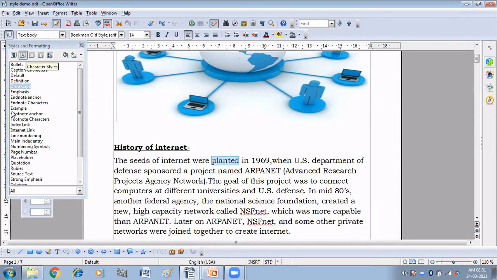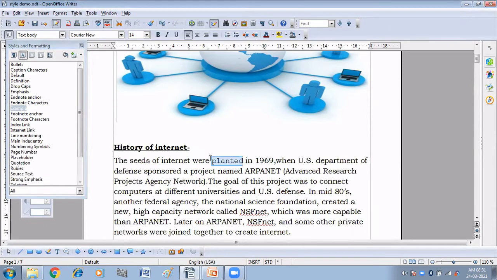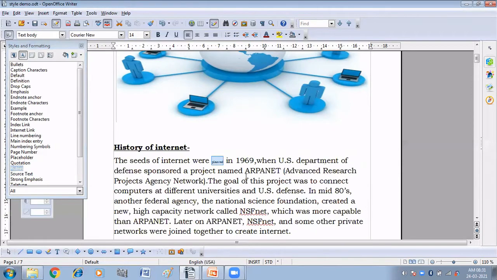No change. Example. See, you can see the slight change in the word here. Okay. Some other we can apply like source tag, rubies. See, it has been changed. So these are the different character styles. Okay. Emphasis. So I have clicked on emphasis here. You can see, right?